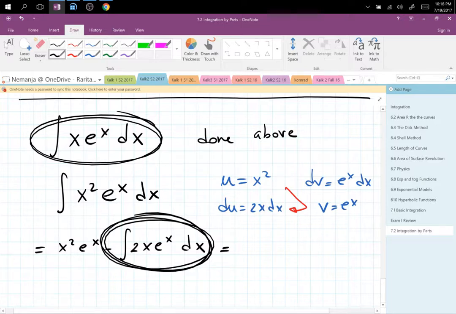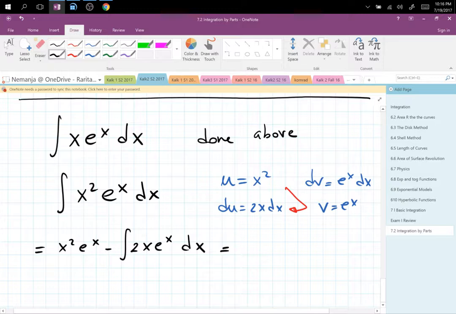Yeah, there is a 2 there, but it's a constant, you can kick it out. So you see how we reduced the new problem with the square using one integration by parts. We reduced it to actually the introductory problem. So what you have to do, you have to do the procedure one more time, right? So there's going to be another